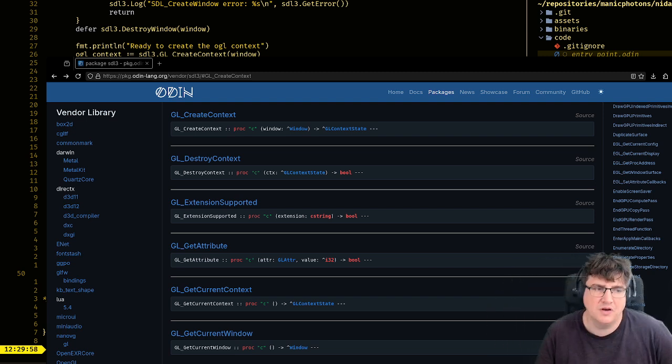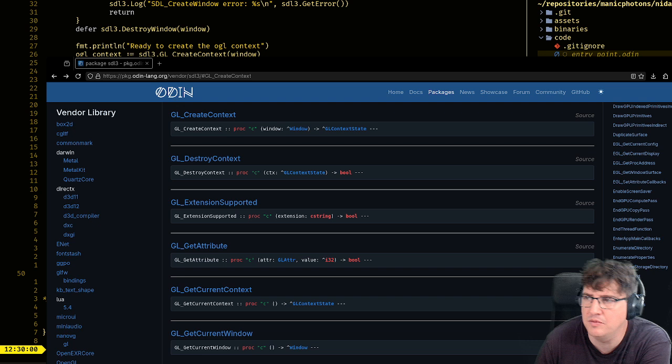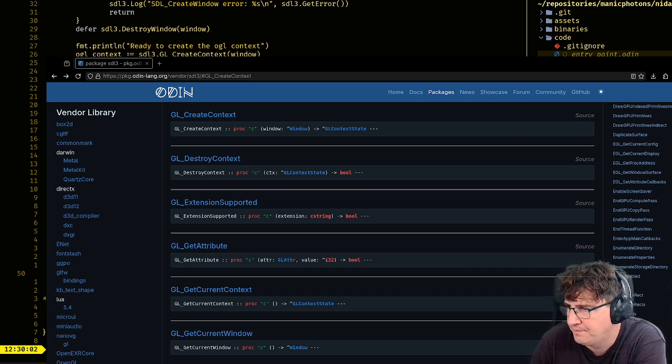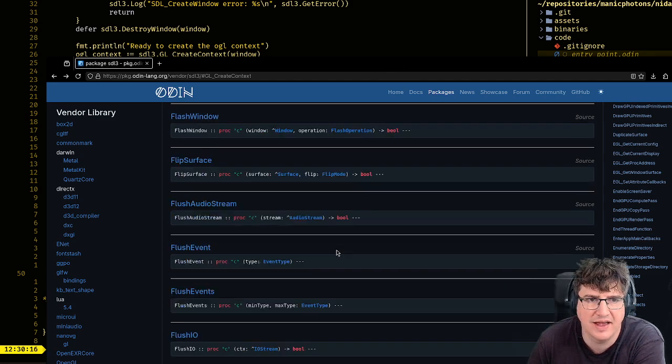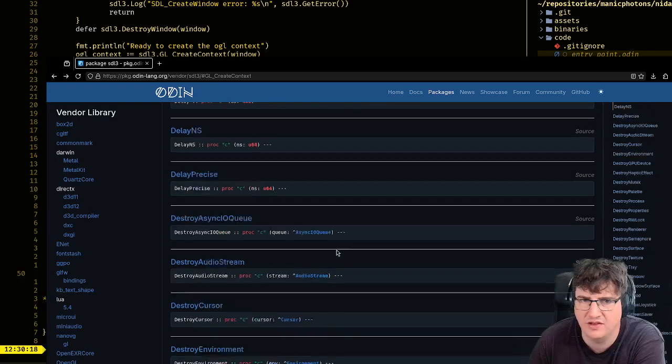So I'm just having a look through the SDL3 documentation now. Before window creation, I think I have to set attributes. Okay. Let's have a look at this.